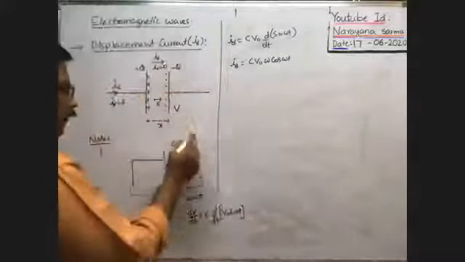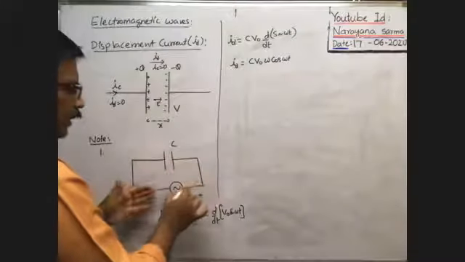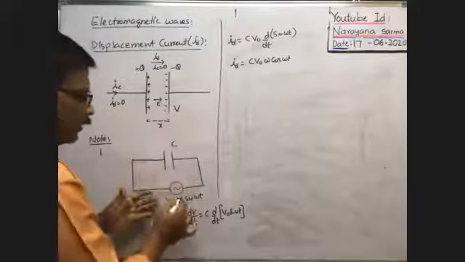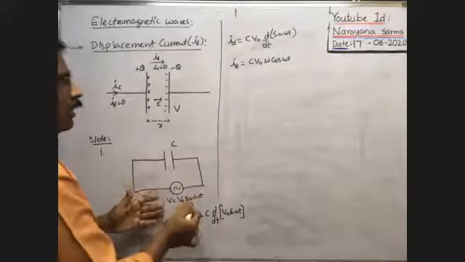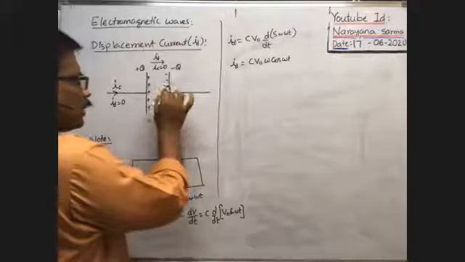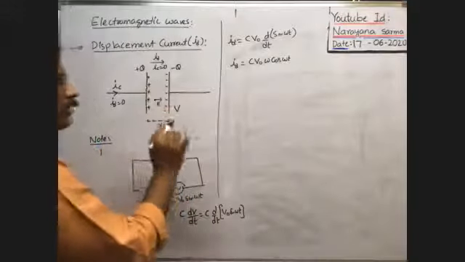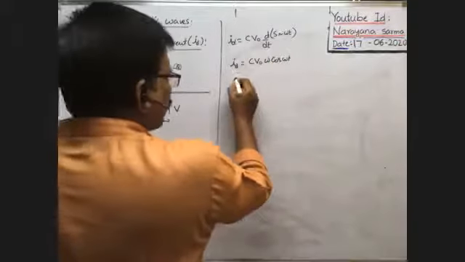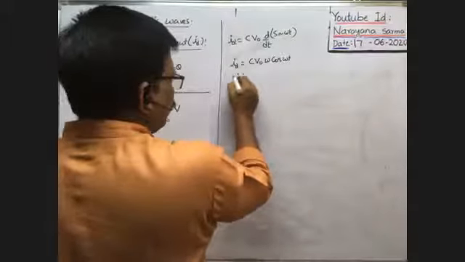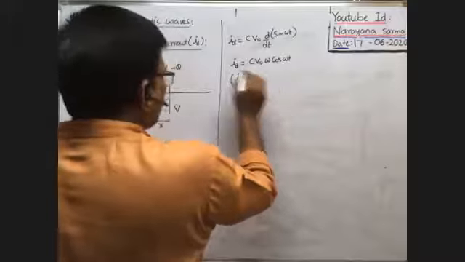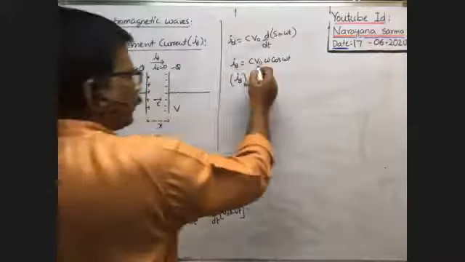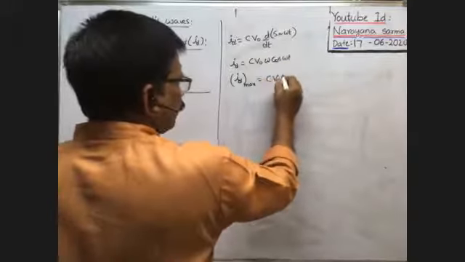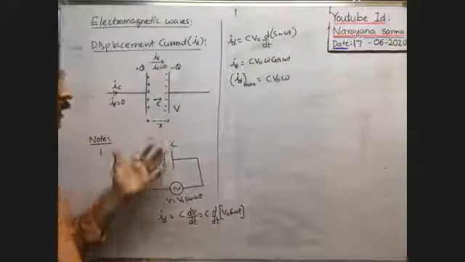Whenever the capacitor is connected across the AC source, as the voltage across the capacitor varies according to the sine curve, then the displacement current passing between the two plates of the capacitor also varies according to the cosine function. Here, what is the maximum displacement current? ID max. So maximum displacement current between the two plates of the capacitor is, maximum means cosine function is 1, that's why CV naught into omega. Sometimes they may ask like that also.